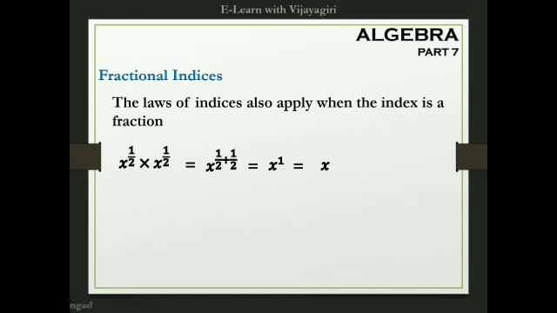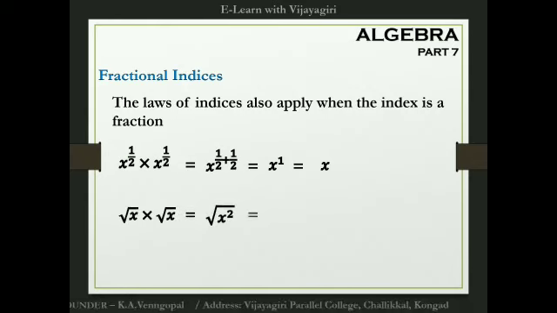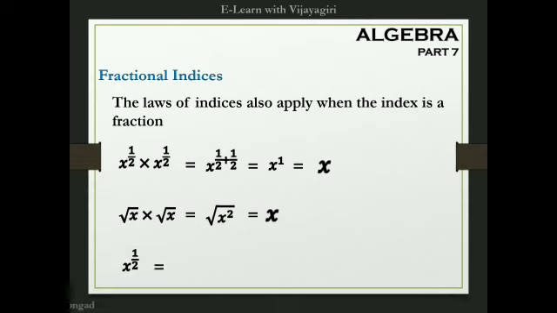Now other laws we can apply similarly. Now let's check some more things in this. Root x times root x will be equal to root x square, and it will be equal to x. Now let's see the answers, both are the same. In the first we were multiplying x to the power 1 by 2 two times, and in the second root x two times. In both cases we got the same answer, that means x to the power 1 by 2 should be equal to root x.